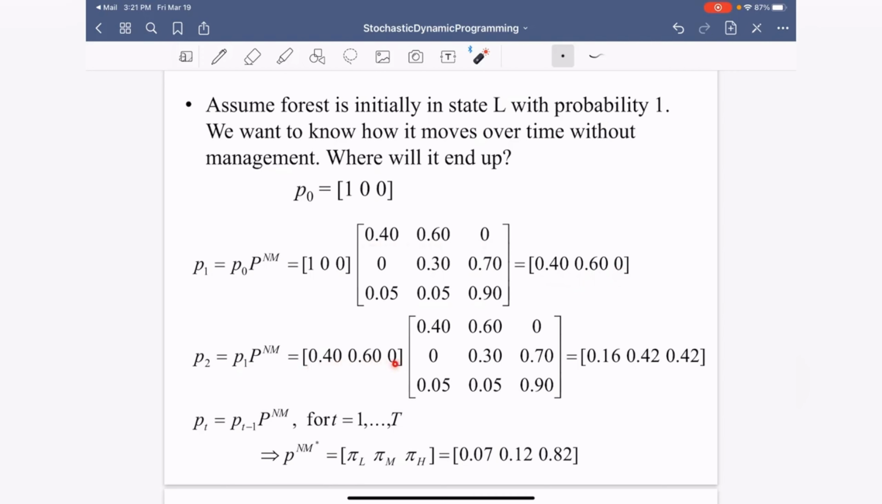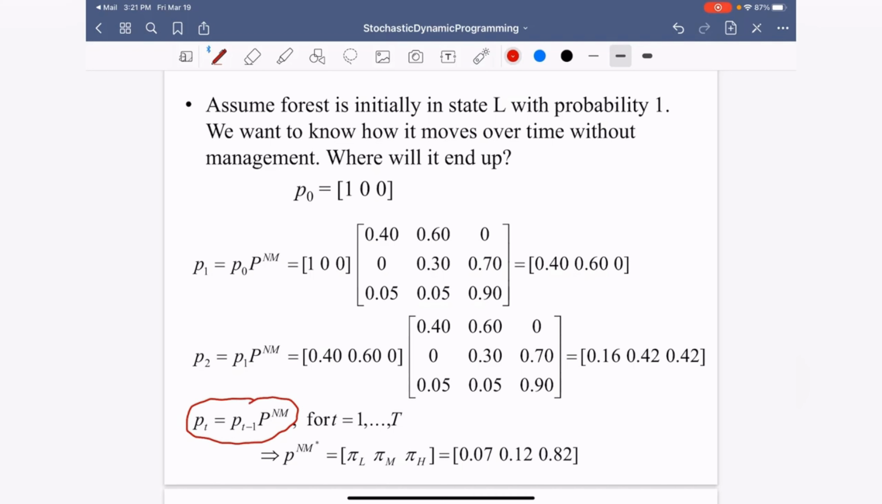Then we take that value and we multiply it again by this same transition probability matrix, and now we get 0.16, 0.42, 0.42. So 16% we're in a high state, 42% we're in a middle state, 42% we're in a low state. And we keep doing this according to this equation here, and we do that for